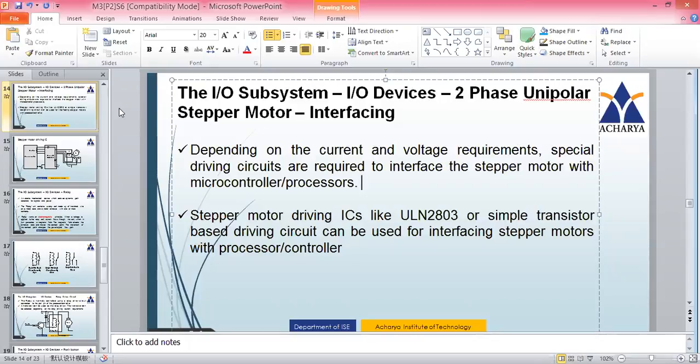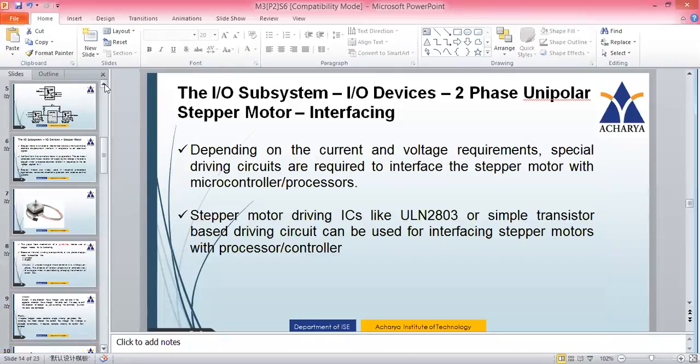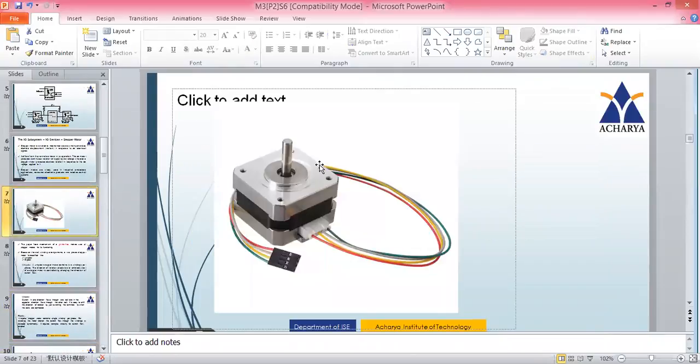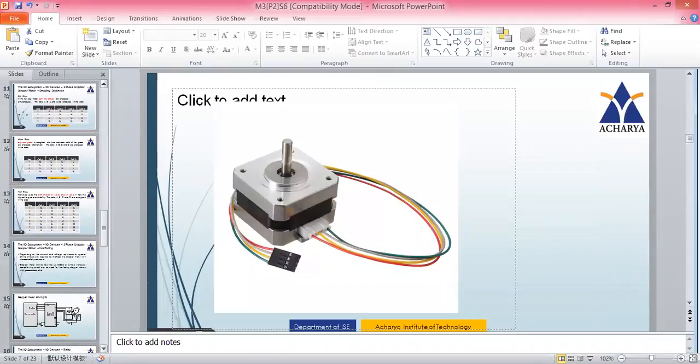You have to understand one thing: you cannot directly interface this stepper motor with the controllers or processor. It has its own architecture, and processors and controllers have their own architecture. So in between the processor and the stepper motor, it requires an interface. That is what we will be studying now.